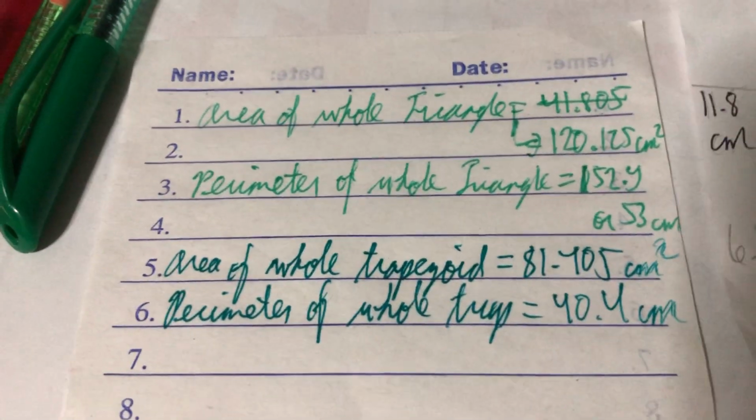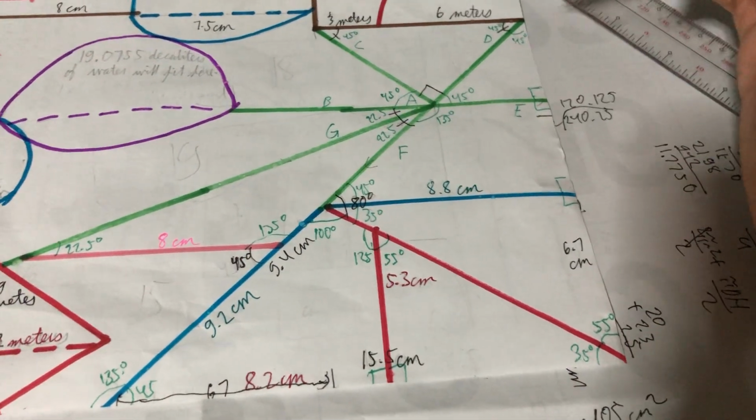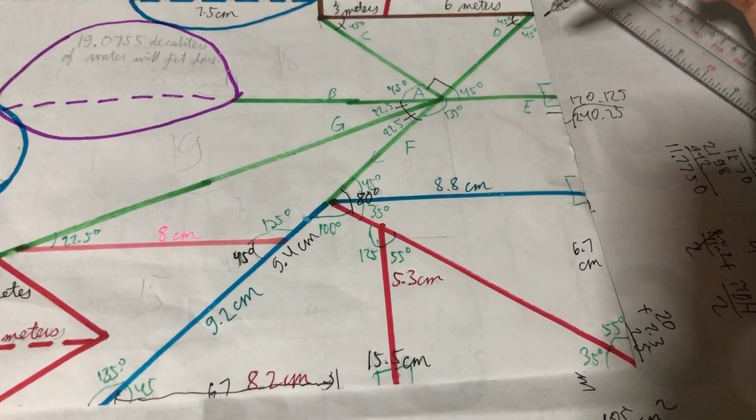Now let's continue. Do I remember we got the area of the entire triangle, right? Now, let's say we're asked to get the area of this triangle. So, we need to deduct the area of the entire triangle, which is this 120.125 minus this 81.405. So, we work this out on a piece of paper and we got